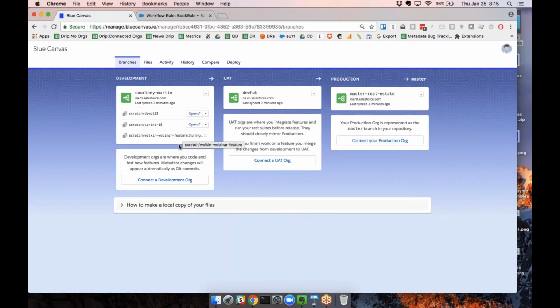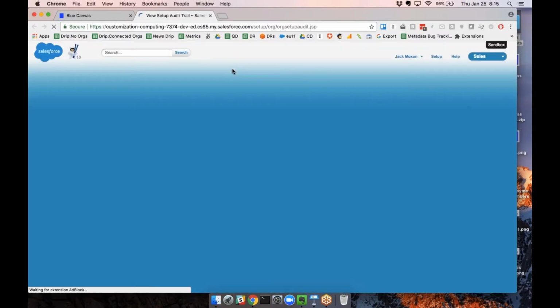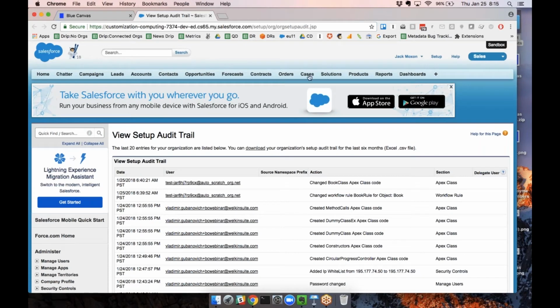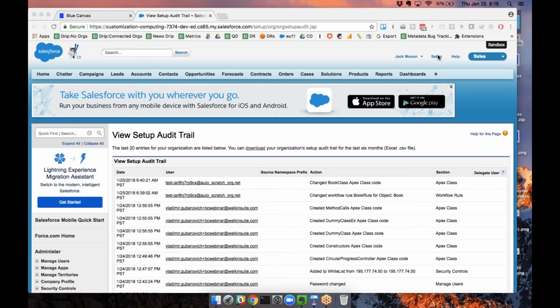Scratchworks take a couple minutes to spin up, and in this case, I'm actually just going to use one that we've prepared for you already. So the Sprint 18 Scratchwork's already been created. I can launch that Scratchwork just by clicking a single button. So this is pretty nice. Instead of having to log in and remember my username and all that stuff, we can launch that org very quickly. And just like we showed you before, I'm going to go into setup here,